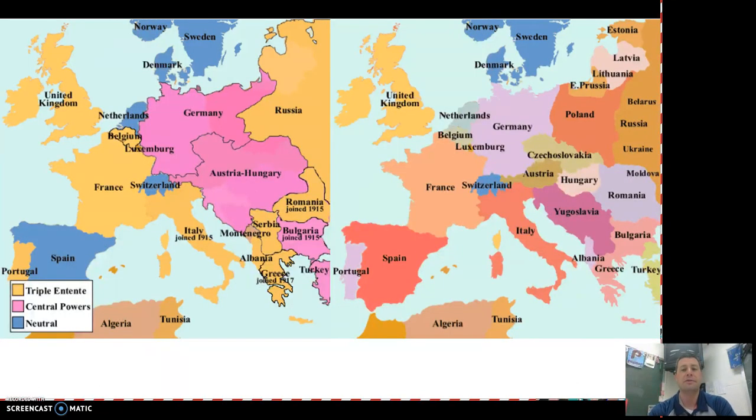Here's another map to show the shifting transition politically. We have the Triple Entente and the Central Powers on the left side. And then as you look on the right side, you see what Europe is going to look like after the peace conference is over. And so we see the establishment of different nations like Czechoslovakia, Austria, Hungary, not Austria-Hungary any longer. Yugoslavia, that's that pan-Slavism, that nationalist movement in the Balkans. Italy gains a little bit of land. Switzerland's still there. Poland gets established from Russia because, again, Russia's in the throes of civil war. All of that's going on.